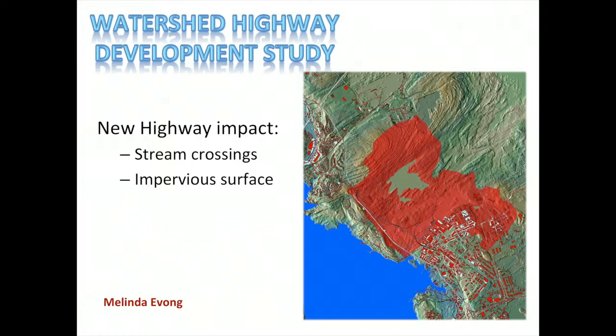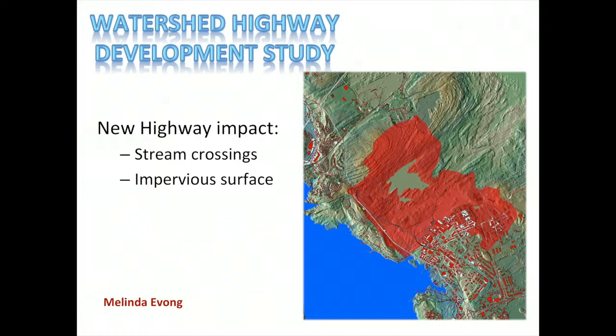I've got a few case studies interspersed throughout this presentation. So this is one case that a student of mine worked on a few years ago. We were working with the city of Halifax, or Halifax Regional Municipality. They were putting a new highway in across this watershed area. And they wanted to know two things. How would the new highway impact the impervious surface within that watershed? And also, how many